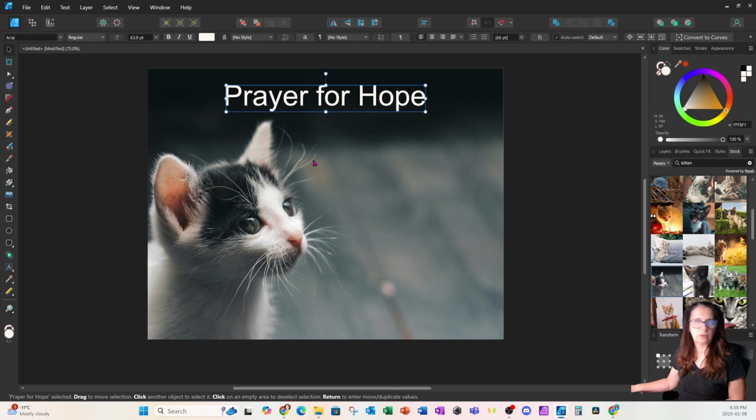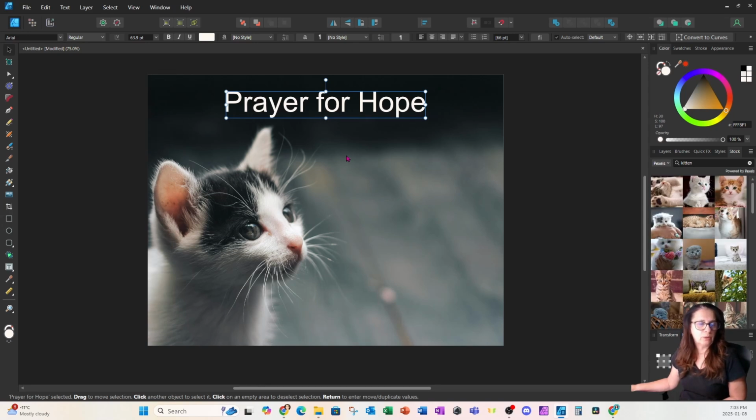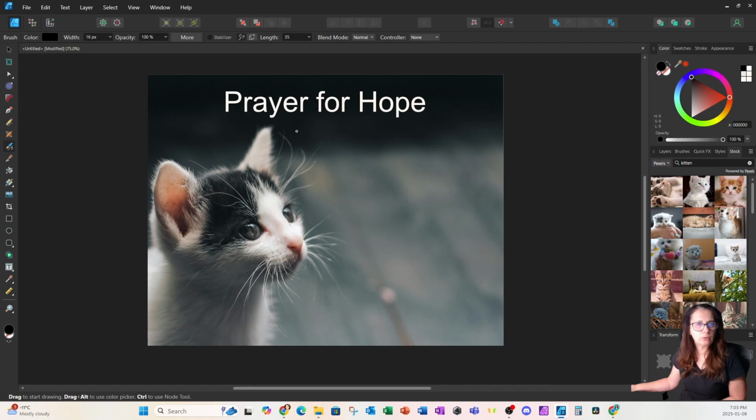Now, what I want to do is I want to grab my prayer, and I want it to align with the outside shape of the face of the cat. So what I'm going to do now is trace the outside perimeter of the cat's face, and I'm going to do that using the vector brush. What I want to do is create a box so that I have somewhere to place the text. So I'm going to come over here, and I'm going to try and draw a straight line,